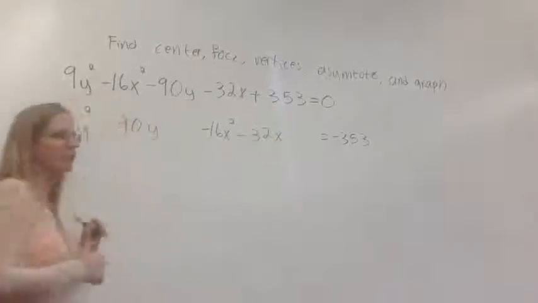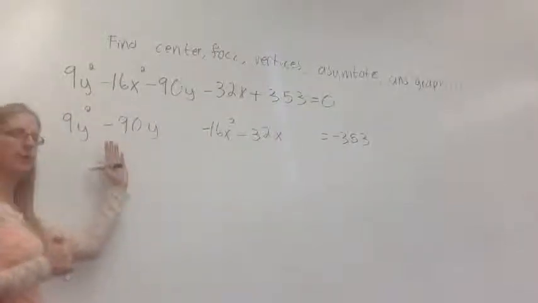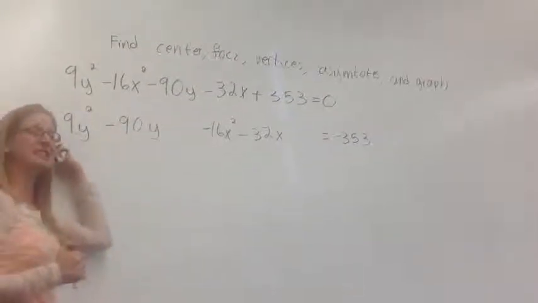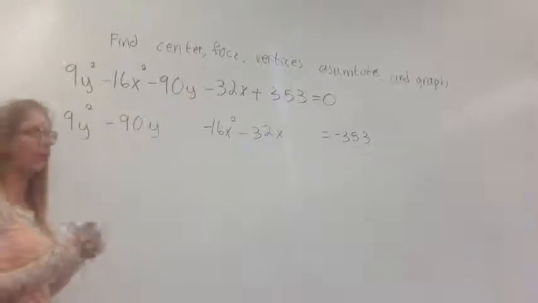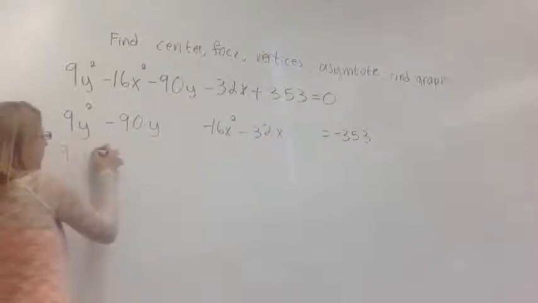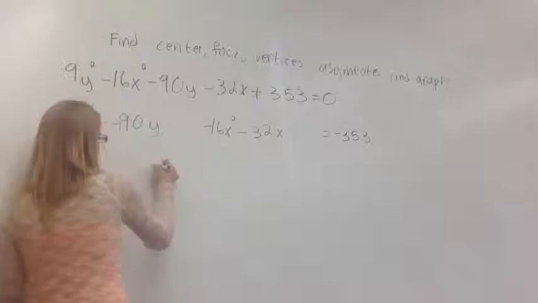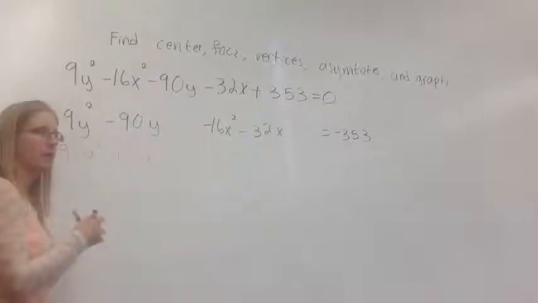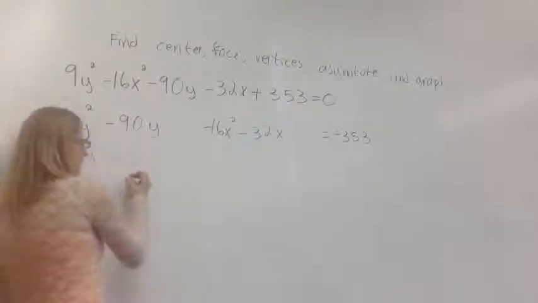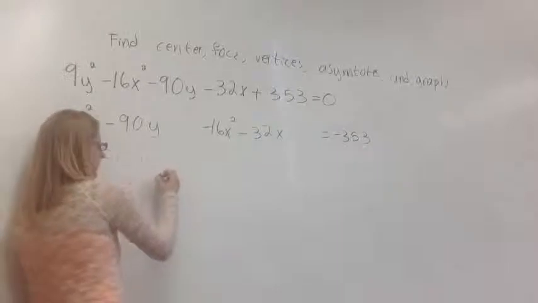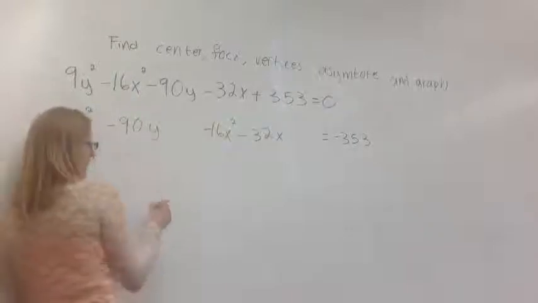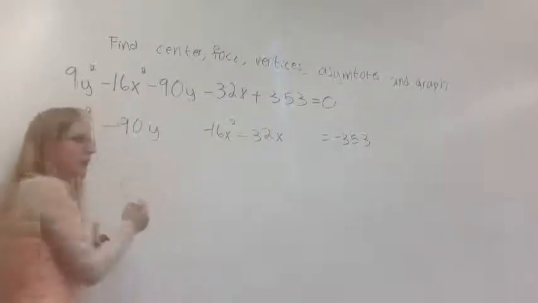So let's look at just the y's for a second. What do I got to do first? Factor out the 9. The coefficient has to be factored out before you can complete the square. So what I'm going to do is, I'll do this in red. Factor out the 9, and then I'm left over with y squared minus 10y. Do you guys see that okay? Then what do I do? Take the middle number, divide it by 2, square it, and that's what's going to go in that empty spot. Is that correct? So in this case, what number is that? 25. So plus 25,